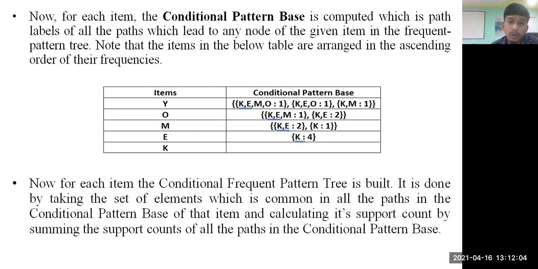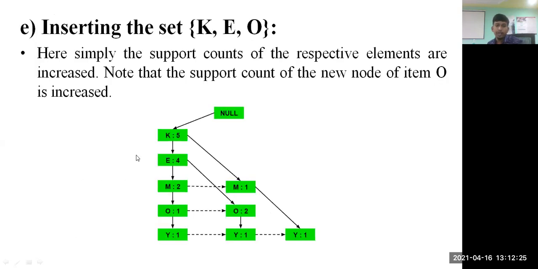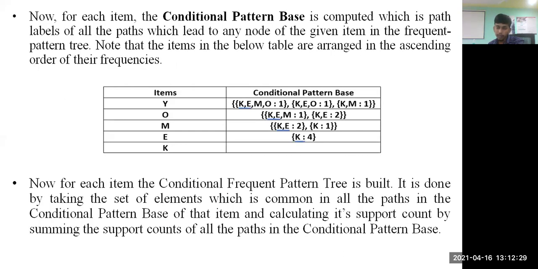From an examination point of view, guys, you need to mention all these things step by step if they ask you to construct an FP tree along with a frequent pattern item set. So if you want to identify the frequent pattern item sets, you need to have a clear understanding of all these steps. Okay, so from this final FP tree, I need to construct the conditional pattern base table, right?